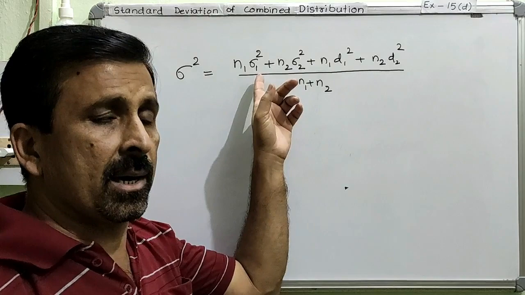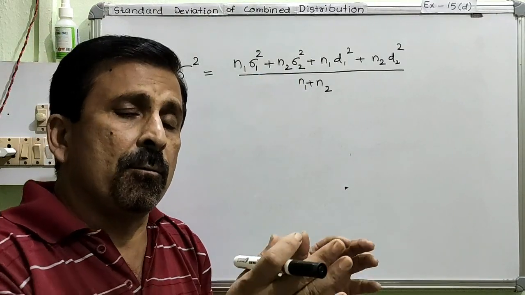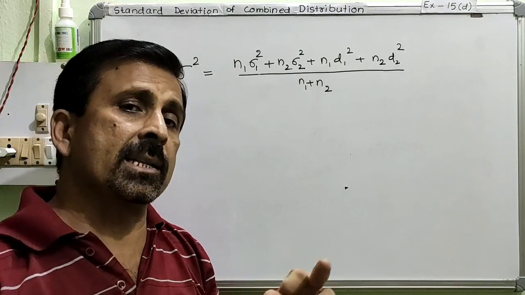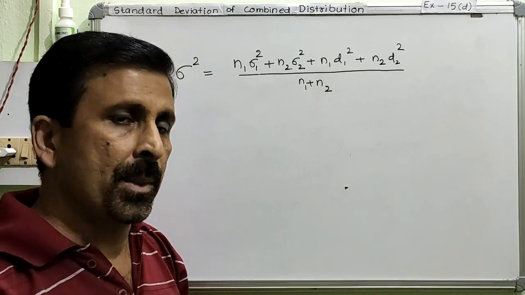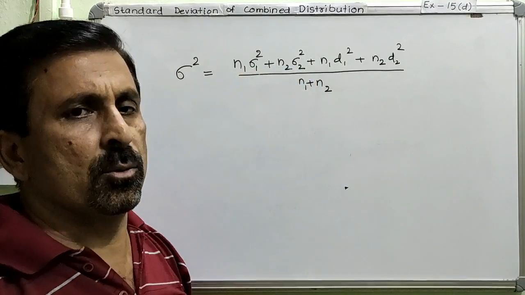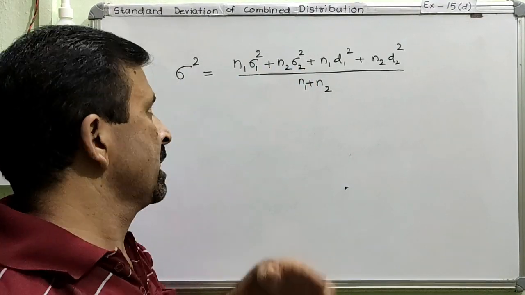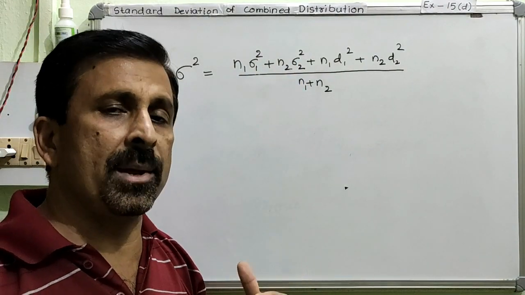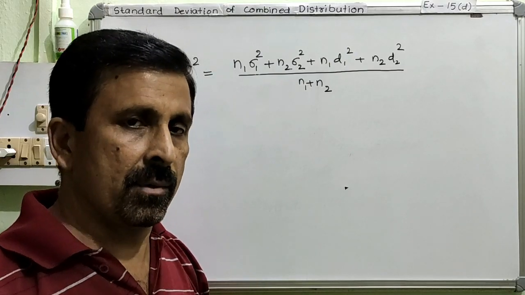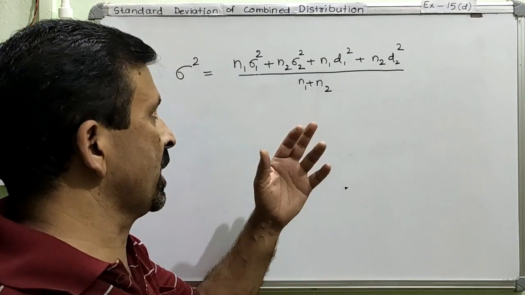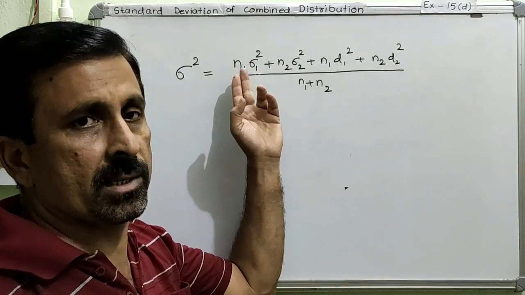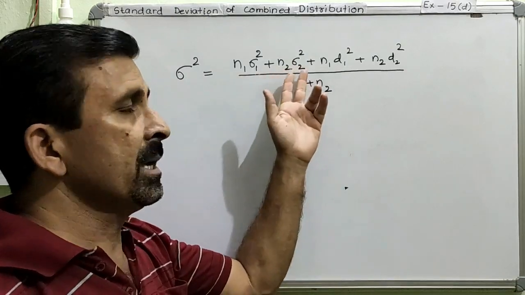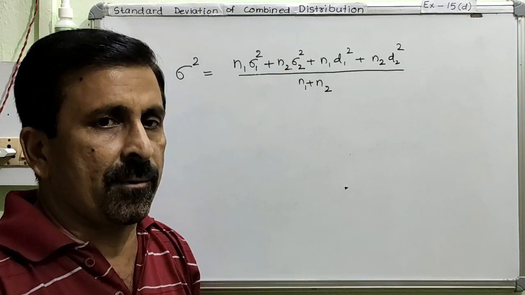Sigma 1 is the standard deviation for the one set of data. Sigma 2 is the standard deviation for the other set of data. Clear? So this is sigma 1 and sigma 2. We don't have to calculate them in this exercise. N1, N2 and sigma 1, sigma 2 are the things which will be given to you in the question, right? So we don't need to worry about what the standard deviation is for the one set of data and what it is for the other set of data. This will be in the question itself. They will give it in direct form.